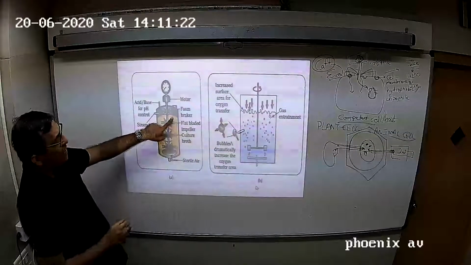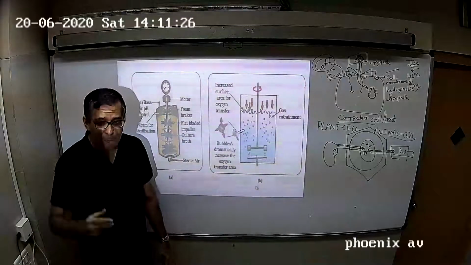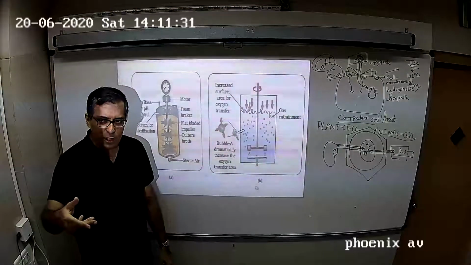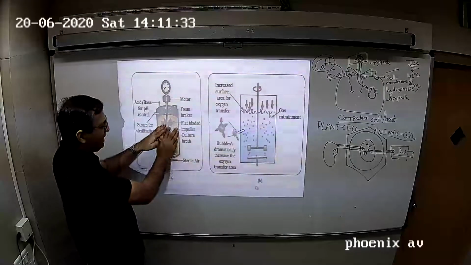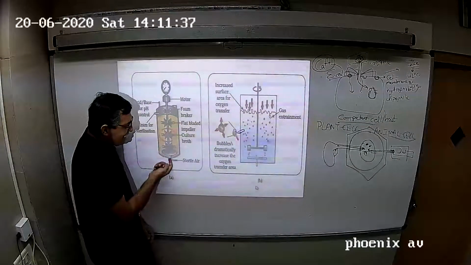Now using the sucrose, the bacteria multiplies fast. Bacteria love sugar, they multiply fast in the presence of sugar, and bacteria rapidly replicate, and यहाँ नीचे से sterile